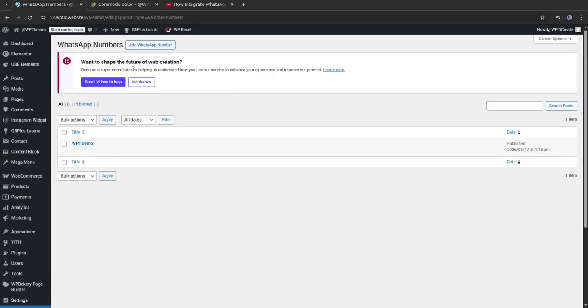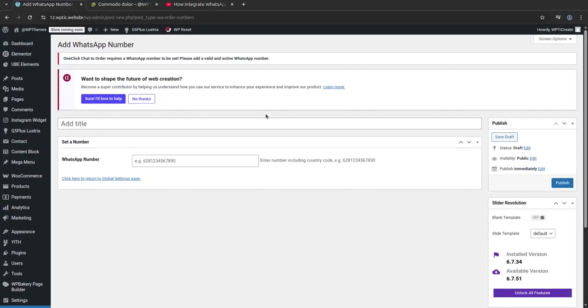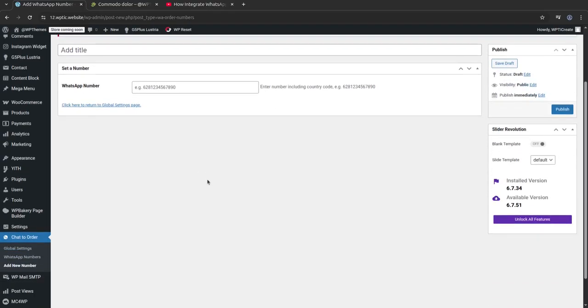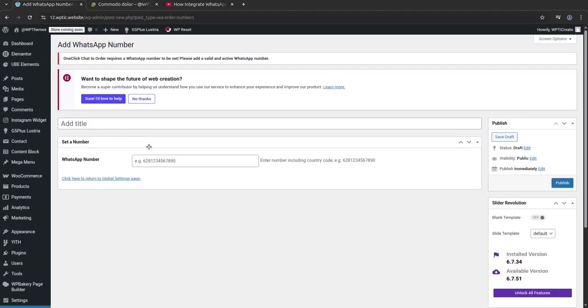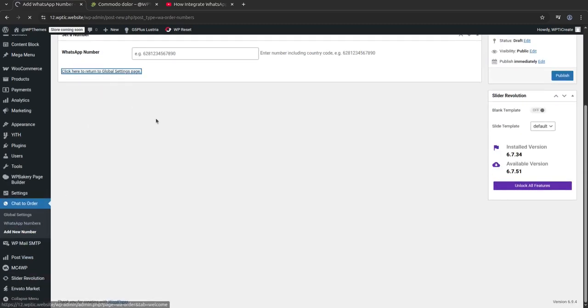You can add a number simply by putting in the details. I mean, simply by adding a number, and you can add a title, place the number with the country code, and just hit publish. The number will be configured. There is no technical configuration. You just need to put the number here. It is more than easy. It is the first step, and you have to necessarily complete this step before you go for any other global